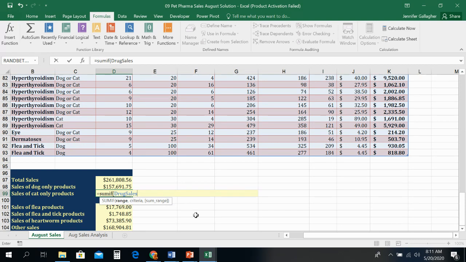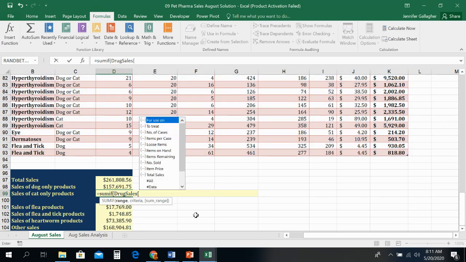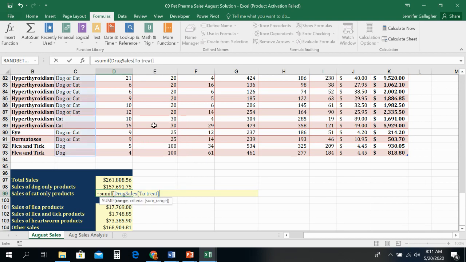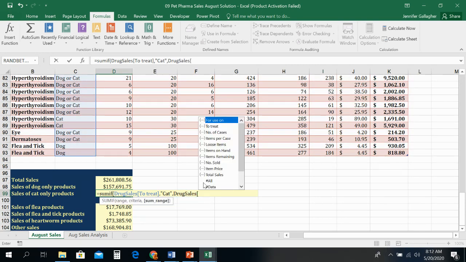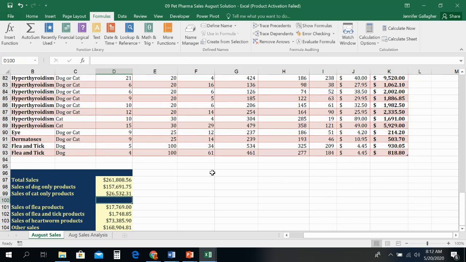worksheet. I am going to put a left square bracket in because I'm looking for the to treat column. Right square bracket to say that I'm done referencing the name of that column. I'm going to put a comma in, double quote, cat, C-A-T, double quote, because I'm looking for cats. Cat though, because it's not cats if you look over here in column C, comma. And now I am going to reference back to that drug sales table again. I'm going to do a left square bracket, and this time I want total sales. And then I'm going to right square bracket, right parenthesis, and I still end up with